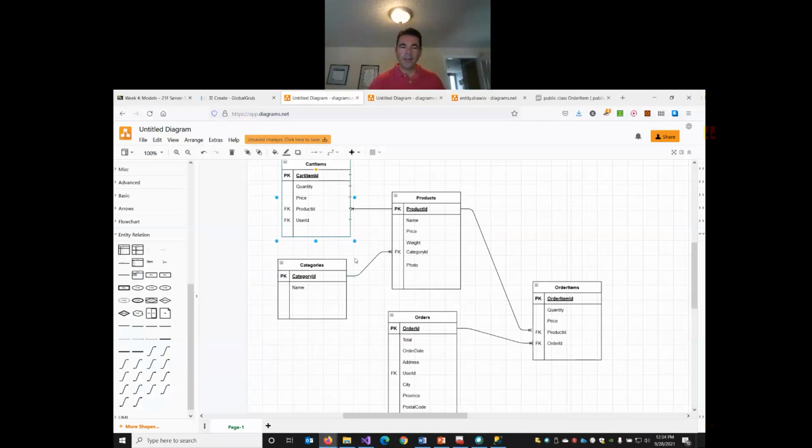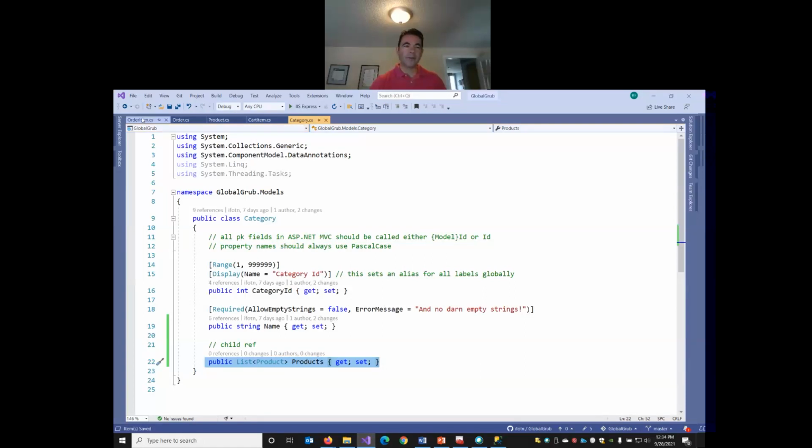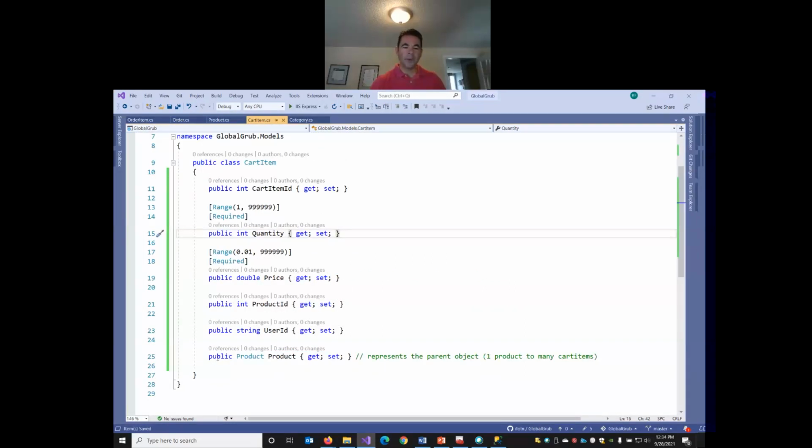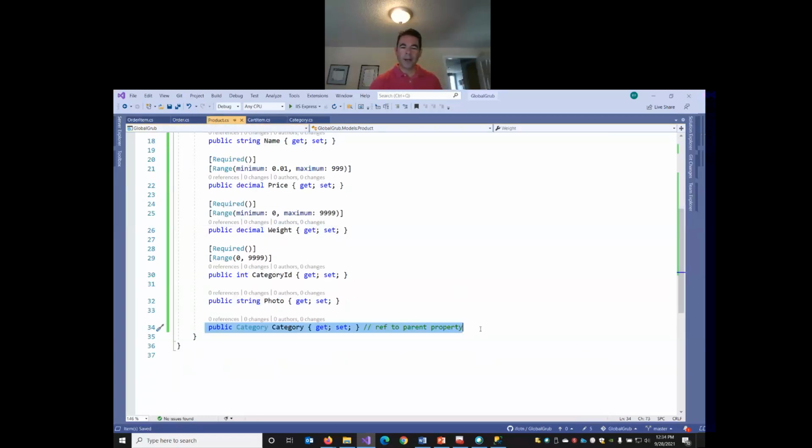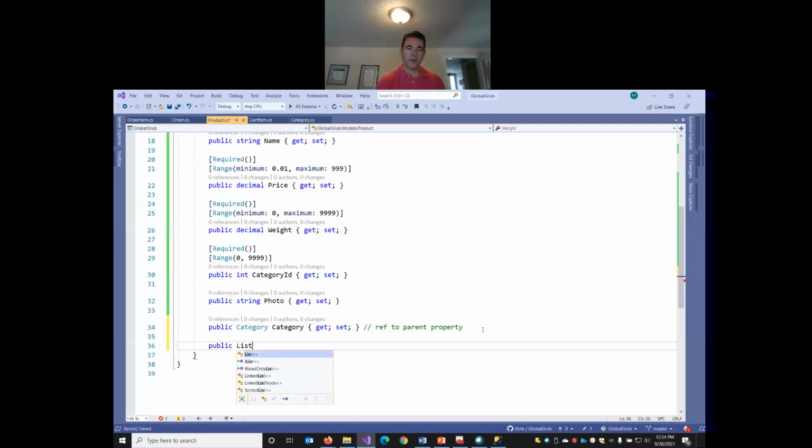Okay, so we've handled here the category product relationship. We've enabled these references in each model. We've got a one-to-many relationship between product and cart items. So in cart items, we've got the parent reference, but products needs the child reference, right? So here's cart item. We've referenced the parent. But now in products, we'll need a list